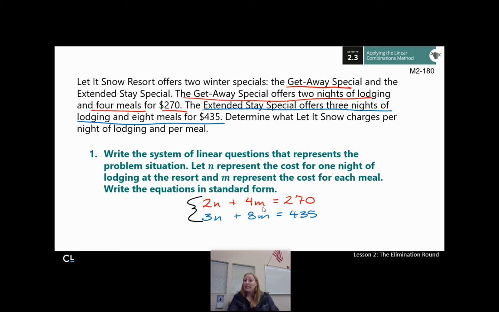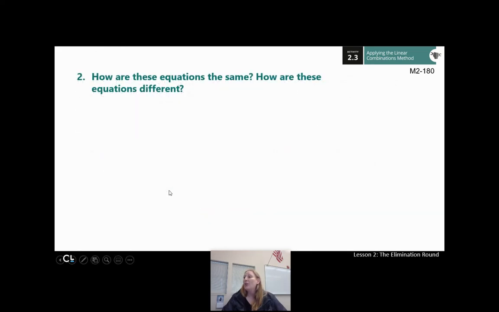Now, remember that in order to solve these, we needed to have an additive inverse for the coefficients of one of our variables. And it actually didn't matter which one it was. You could multiply an entire equation by a number or multiply both equations by a number in order to make this work the way you want it to work. It's kind of up to you. So that's what you're going to do, but before we get there,